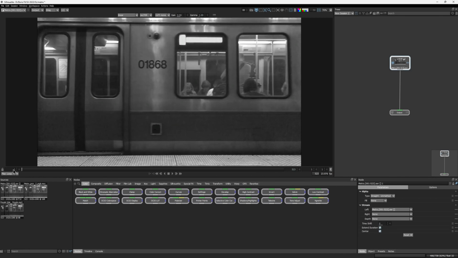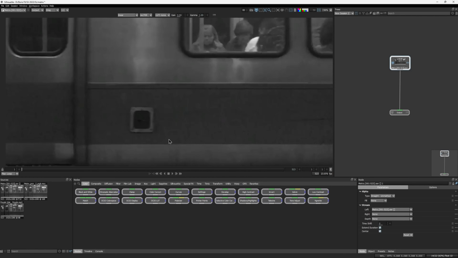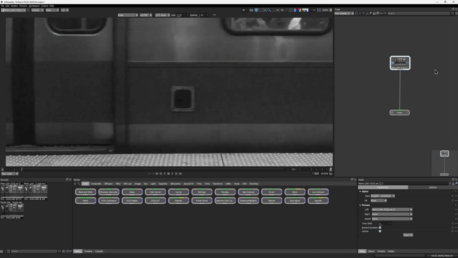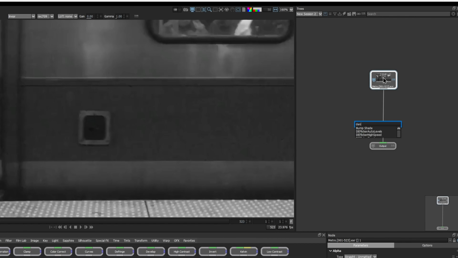This clip is perfect for showing exactly that. Let me zoom in so you can really see all of that nasty compression blockiness. If you would stick this shot into your main edit as it is right now, it won't look really good, especially if you have good quality clips placed before and right after. But with the help of Denoiser ML, we really can make it look better.